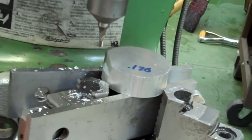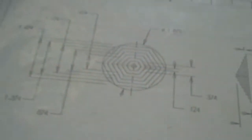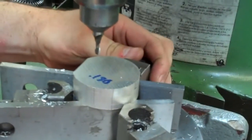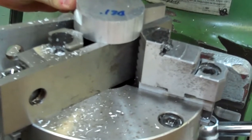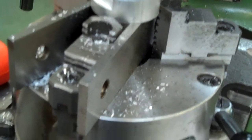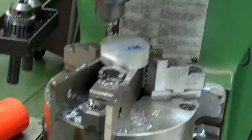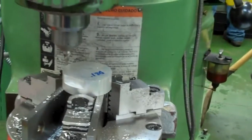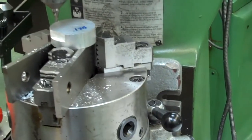Now, on my hex, if I look, I've got 1, 2, 3, 4, 5, 6 sides on here. So if I have 6 sides on my hex, and I have to index this around, how many degrees would I index it? So if we take 360 divided by 6, we get every 60 degrees, right? So I need to index this around. Right there's 10, 20, 30, 40, 50, 60 degrees. I'm at 60 degrees now. What I like to do is zero this out right here, and I'm going to work into that. So if I loosen this up,